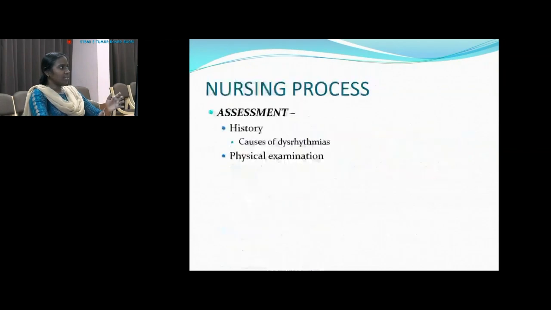Both subjective as well as objective data should be collected from the patient by properly collecting history from the patient, because when you collect the history, many patients don't want to reveal some unhealthy lifestyle or practices. So if we make a good rapport with the patient, the patient can explore all the details with the healthcare personnel, so through that the data can be collected, and by doing proper physical examination and